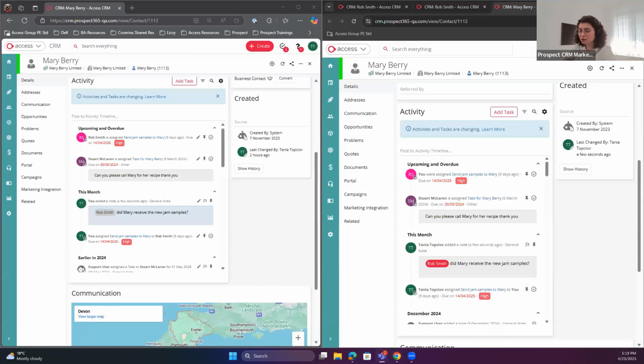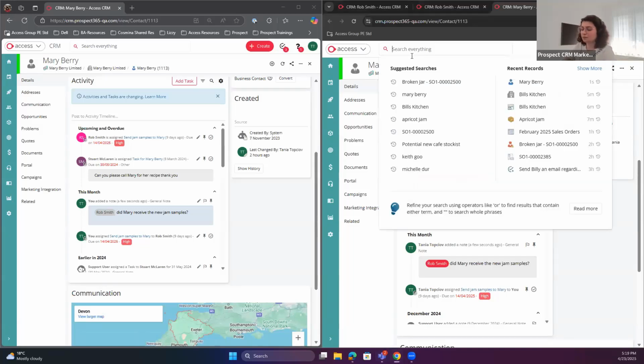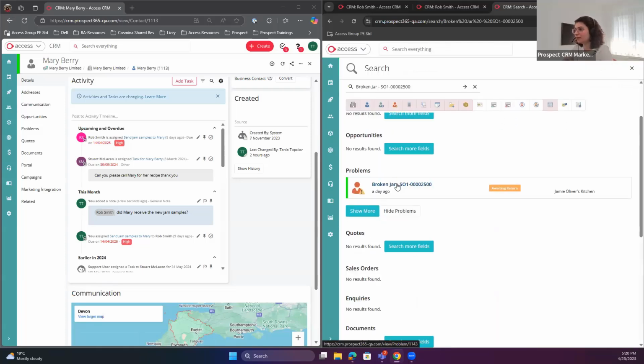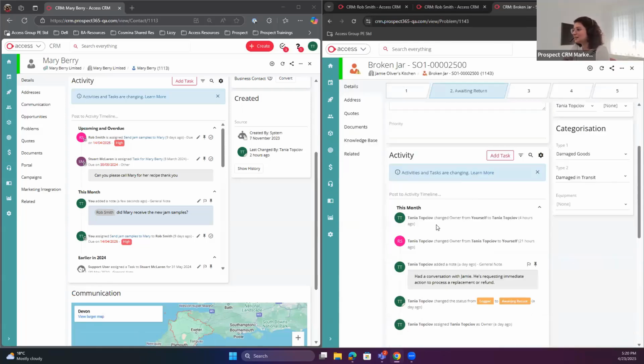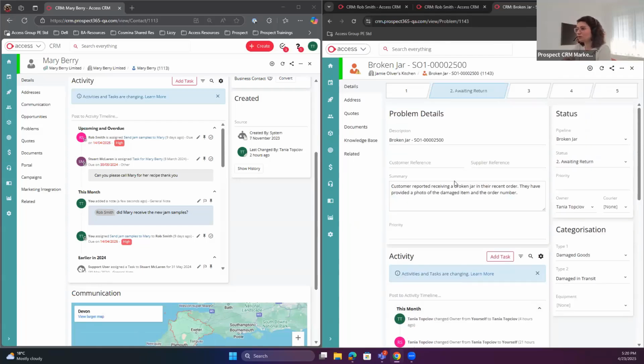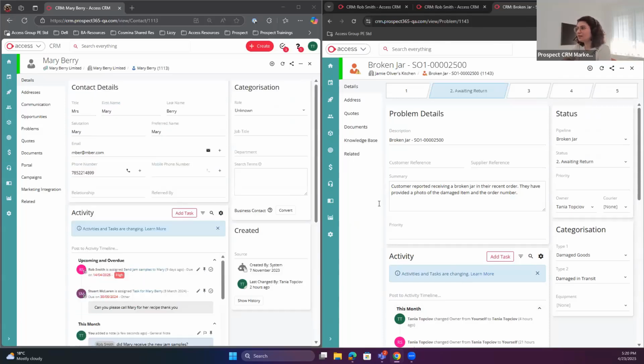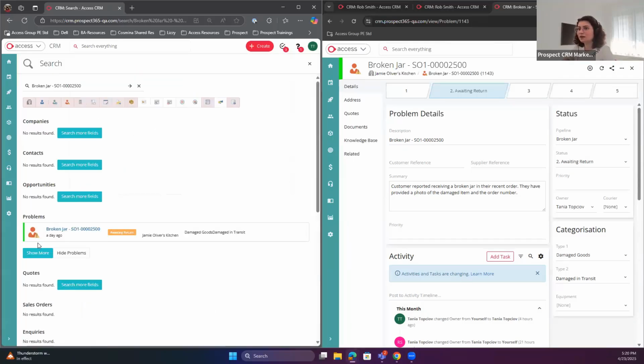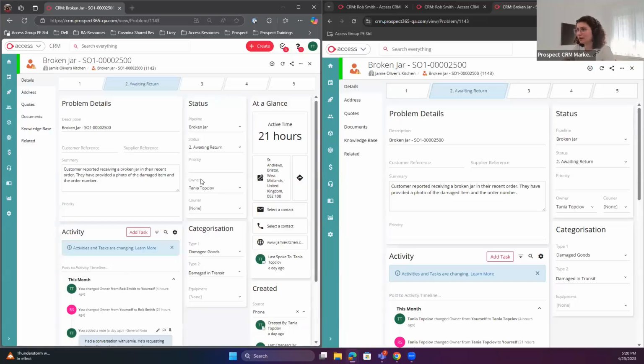Also, about the broken jar problem, if we have a problem, for example, I can search for the problem here in the CRM, through the search everything, and I can find a problem. We can see that I changed a bit the problem ownership, and maybe this time Rob wants to change the ownership from him to Tanya, or vice versa. So we can see that the owner is Tanya. If Tanya also searches for this problem, we can change the ownership back to Rob, for example. If I assign it to Rob,